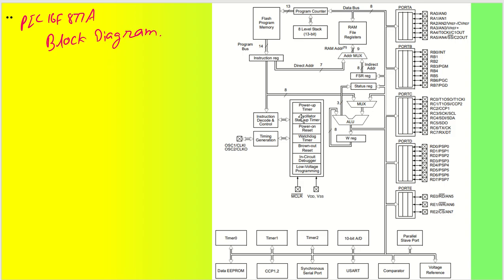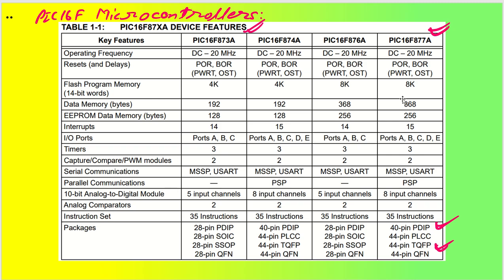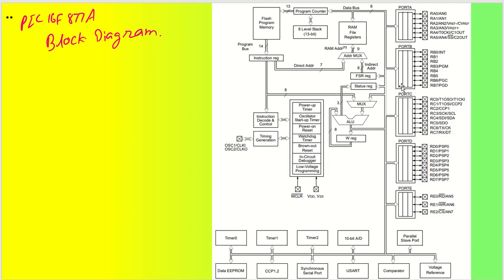Anyway, this particular block diagram we have already explained in our previous session, so I'm skipping it right now. Roughly you can see it has timer 0, 1, 2, 3. Whatever I just explained is inside here, like how ports are assigned: port A, port B, port C, port D and port E. Then we have parallel slave ports, data EEPROM, capture compare modes, synchronous serial ports, USART, comparator, and voltage